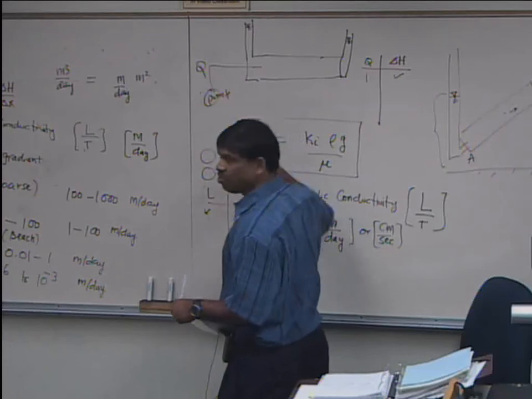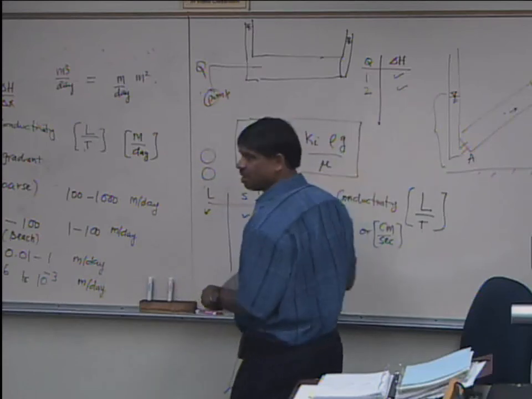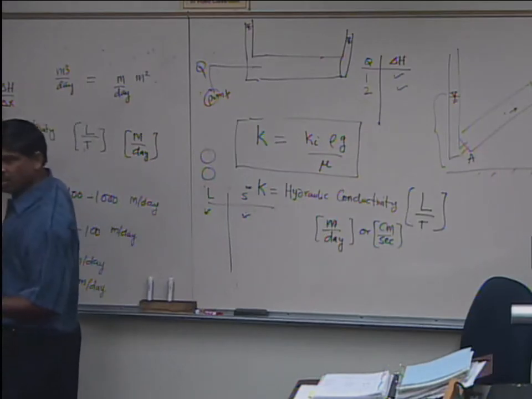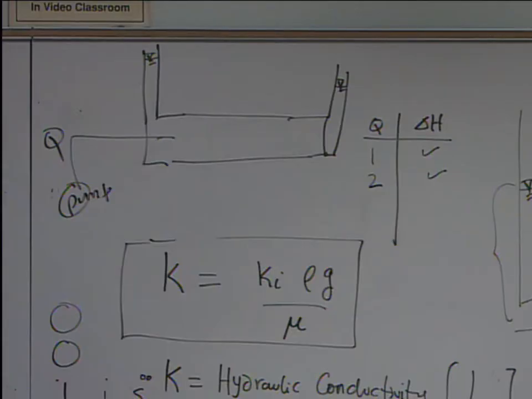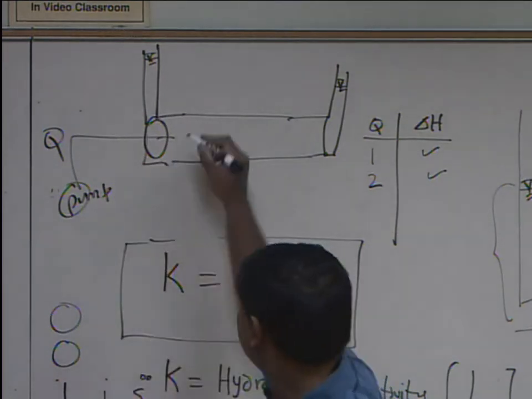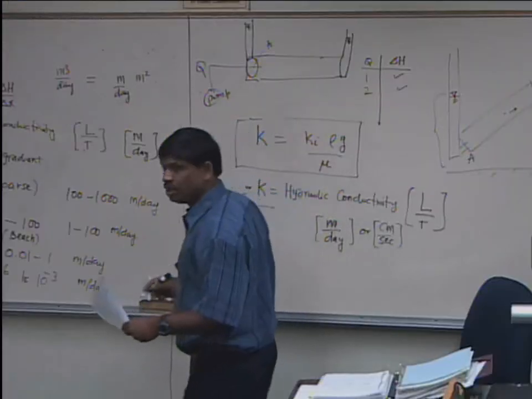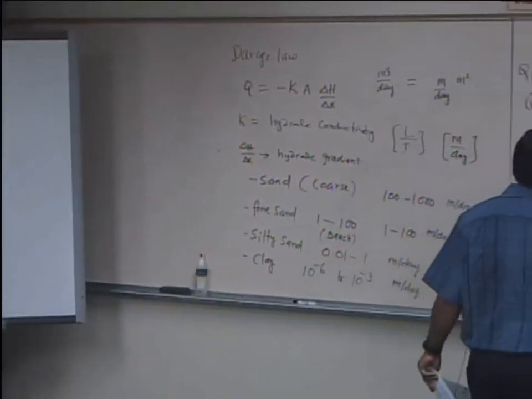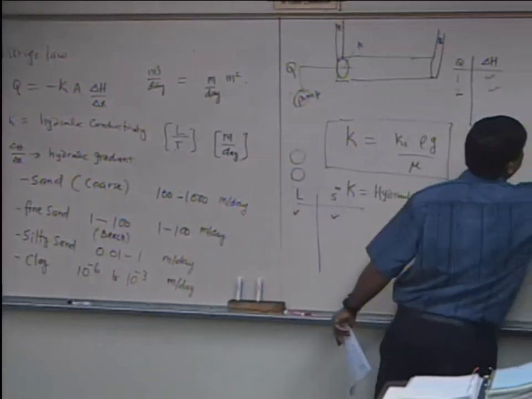I'll double the flow rate, 2. Record the delta H. And this equation can now be plotted because I know the area of the column. I will measure it. I know area is known. So if I now plot Q versus, and delta L is also known,